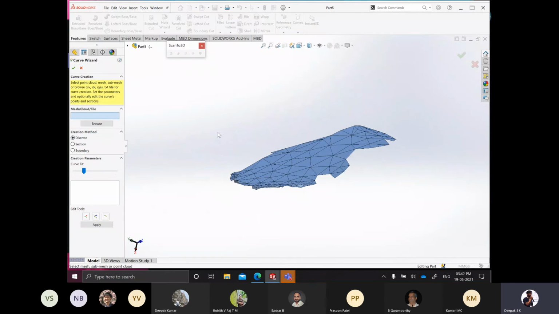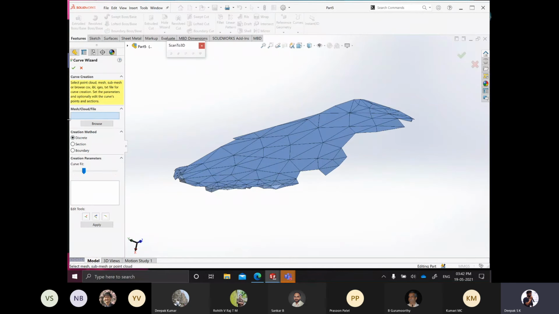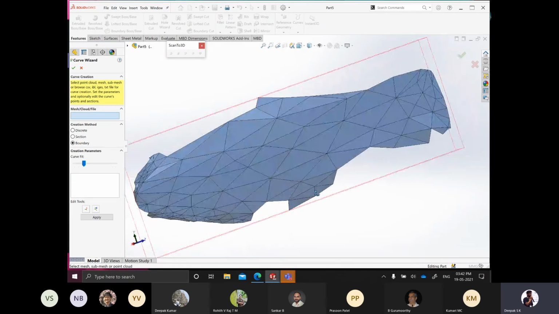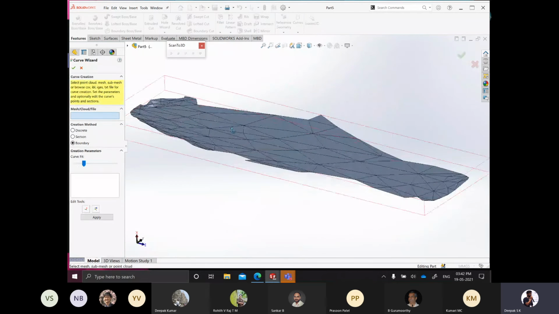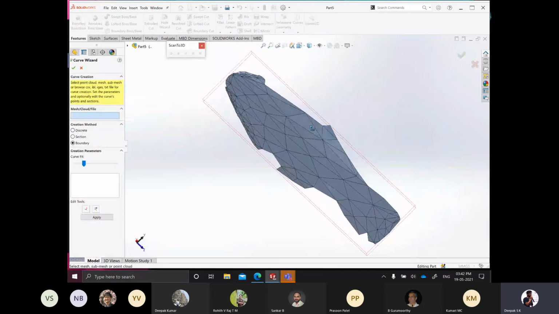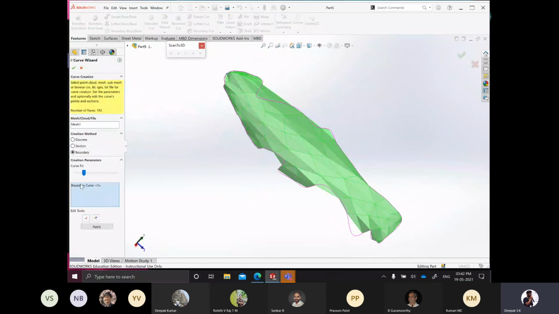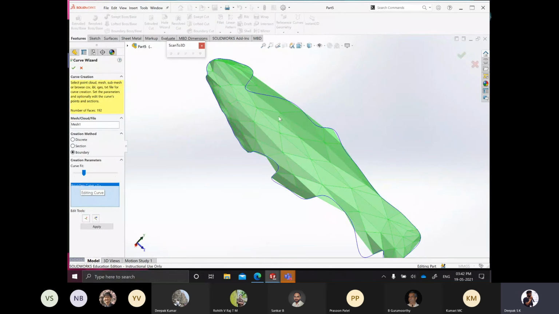So go to the curvature wizard and then fit the curve, fit the boundary here. In 2D modeling, the boundary is very important, which will be useful for you in later stages. For example, I've selected boundary here and then selected this. And if you select the boundary curve 1, this is your boundary curve. This is an approximated 3D spline curve, which the software has created for you, which you can later alter.